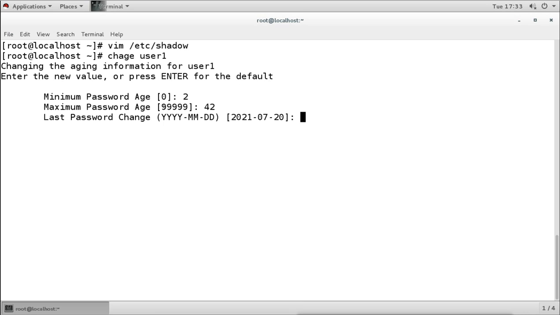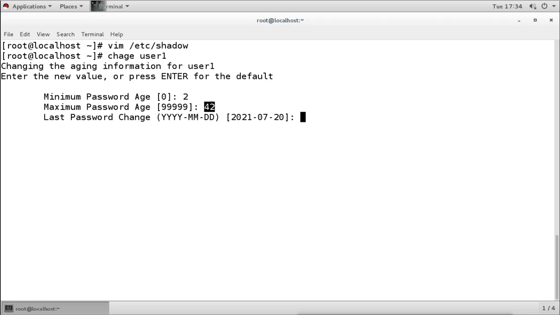Why is this date important? This date is important to count the maximum password age, because after the last password change, 42 days later the password will expire. For example, maybe user1 changed the password more than 42 days ago, and I am setting the policy that the password expires after 42 days.